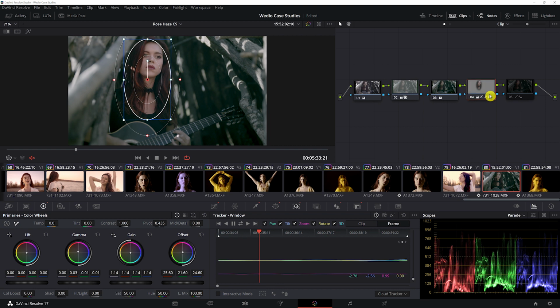So these two nodes here, this one making everything darker, this one bringing out her as a subject. You can see she's a bit brighter. She's separated from the background. Her skin looks more normal. Both of these things brought out the subject more. Adjusting the background and the foreground or subject separately is a big part of what you can do as a colorist. And then finally we did